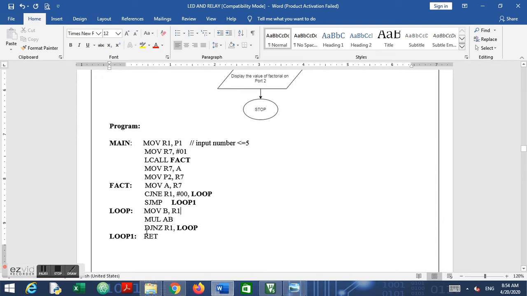After that we are decrementing the value of R1, which is the user defined number. Decrement jump if not 0. Then we have to loop it. So unless and until this R1 becomes 0, we have to loop it. Once it becomes 0, this statement becomes false, and it will return to the main program. In the main program, the calculated value, that is the multiplied value,